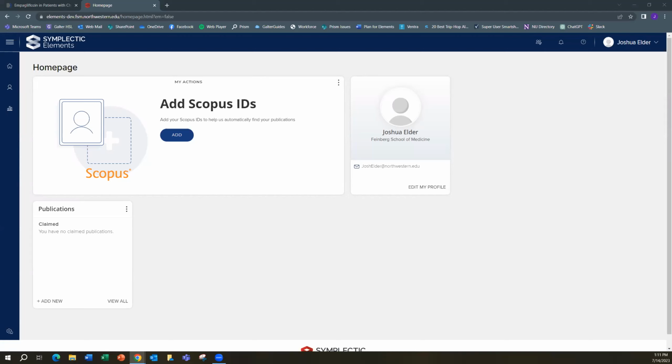Welcome to Optimizing Name-Based Search Settings in Elements. In this video, we will outline the basic steps for curating search settings in Northwestern Elements to maximize publication retrieval